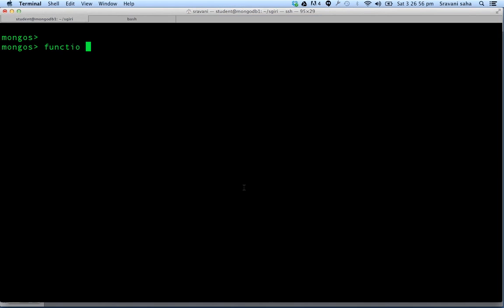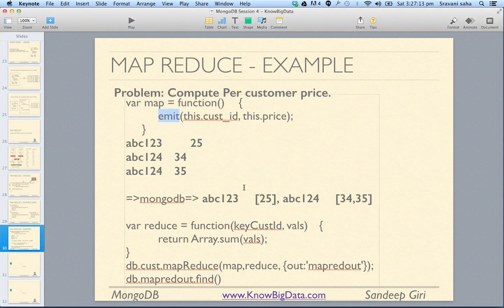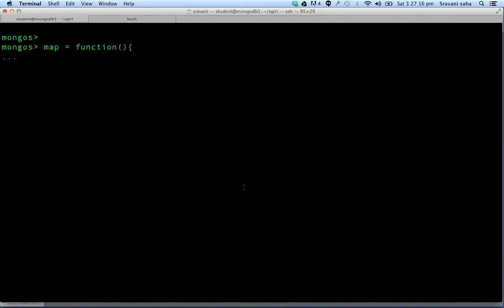So I define a function first of all, saying this is my function. And here I say emit, in this, whatever document is there, this.name.split by space, and all I do is for